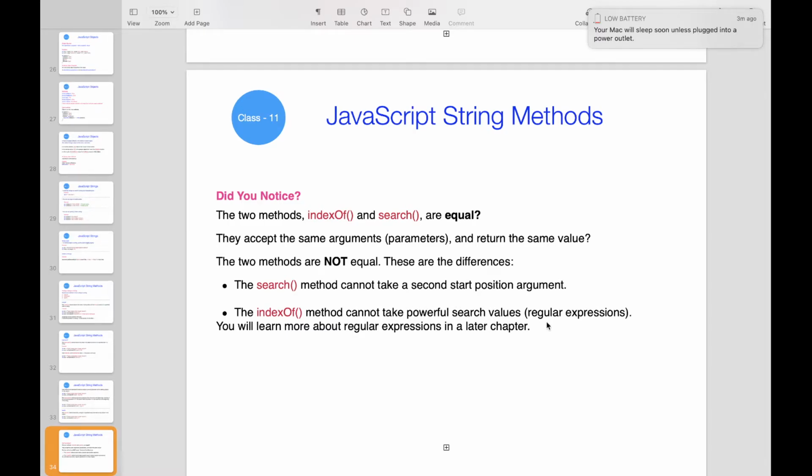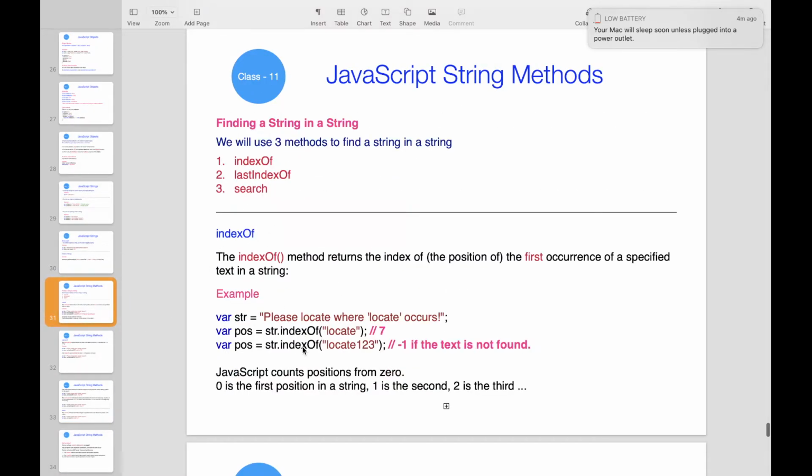I will explain regular expressions in a future class. So using search we can also include regular expressions, which are useful for advanced searches. That we cannot do using indexOf. Only using search we can perform regular expressions.